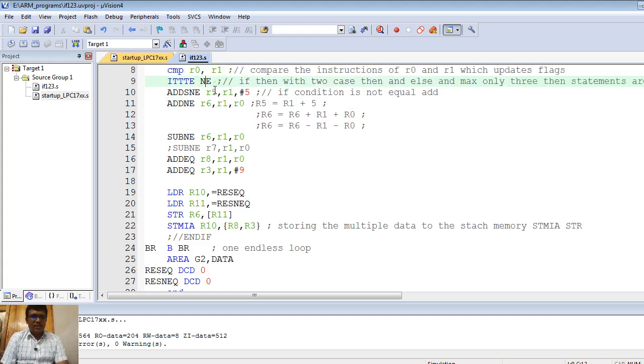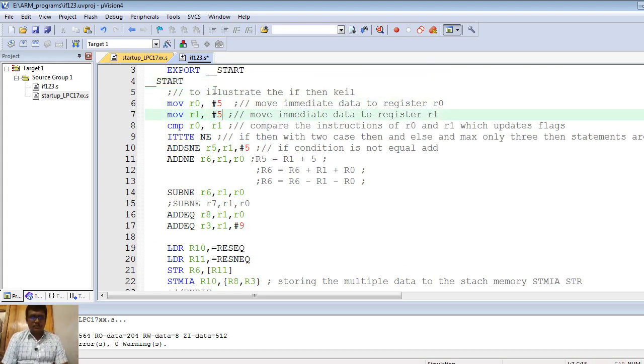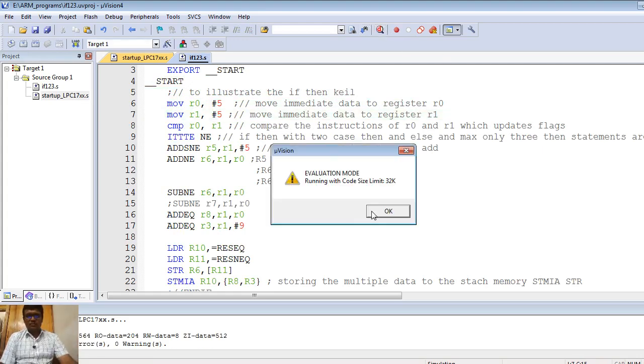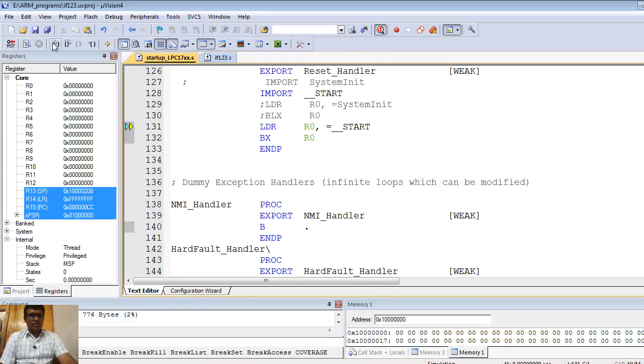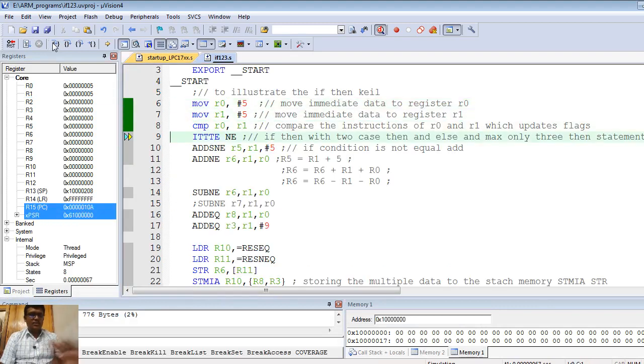So you can see for an equal to condition, now you can see this step by step. It is going to check this one. Here it is false now. Here both the contents of R0 and R1 are equal. So the content of R5 and R6 should remain 0 after executing this instruction. See here 0 here. So 0. Now it is going to execute only this one.